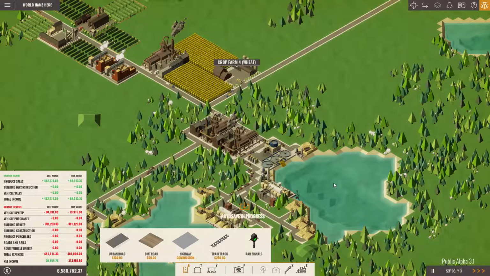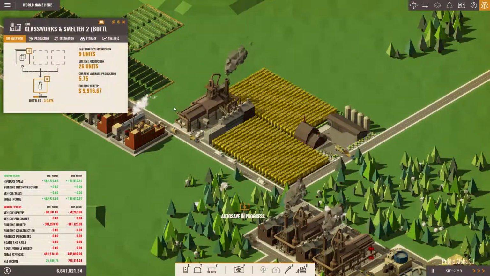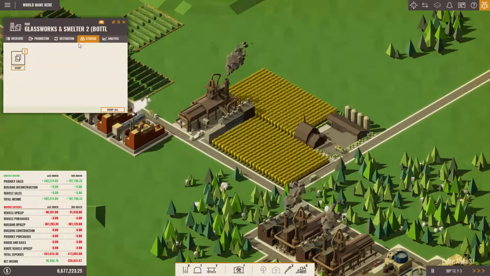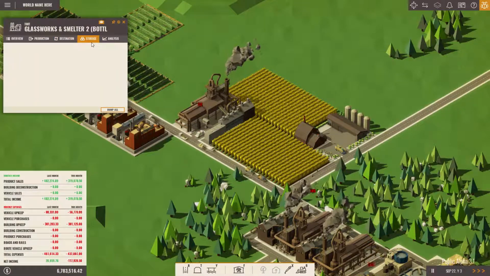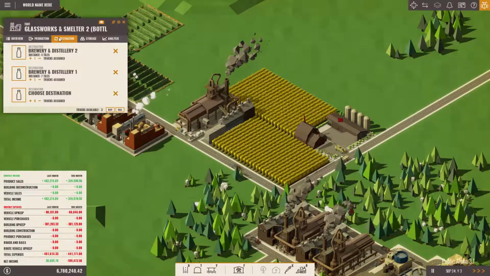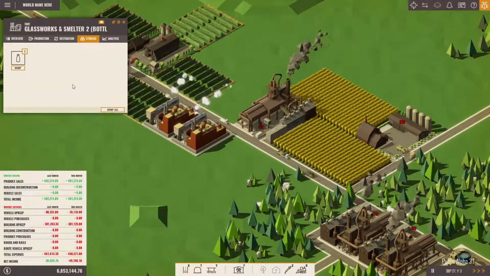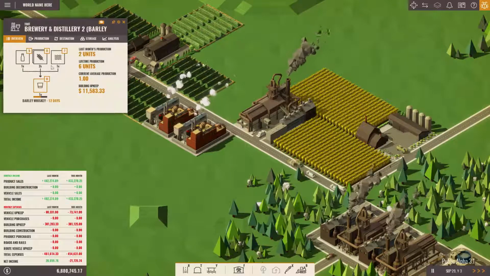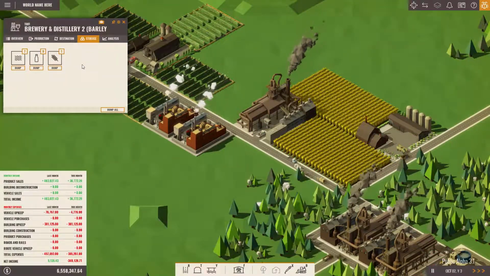And you should be making... autosave, go away. Let's see, you should be making bottles. And you should start to pile up actually. Or is glass not coming fast enough? Oh no, of course not. It is not piling up here. It should be piling up over here. Yeah, it is. Because we are...